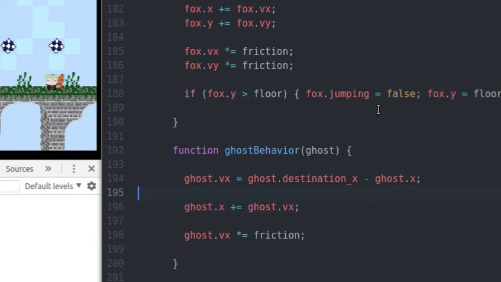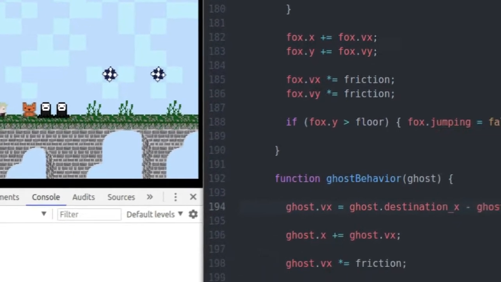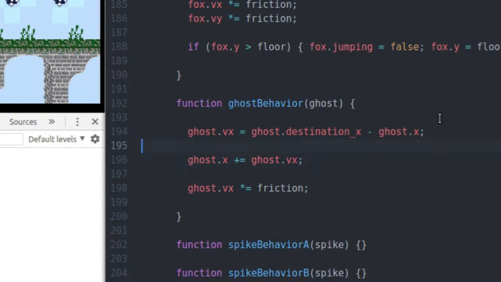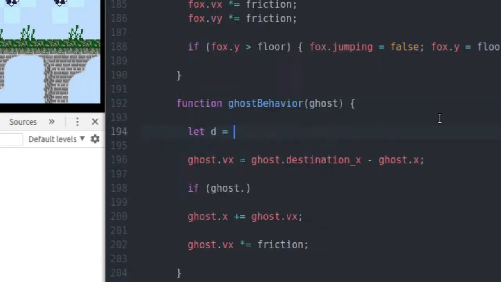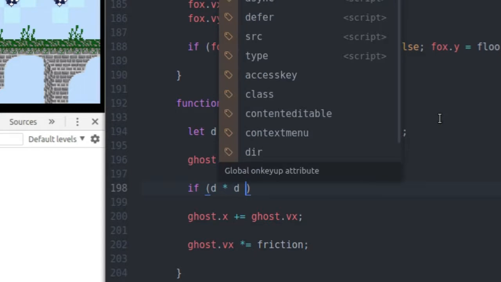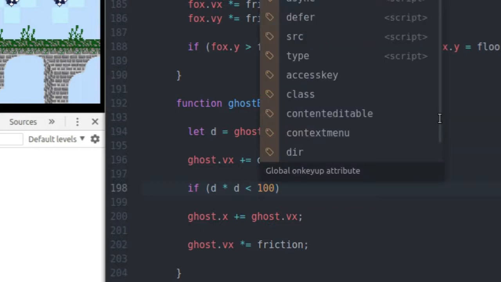So far he shouldn't do anything because destinationX is set to equal his x position when he's instantiated. So they're not actually going to do anything yet, but let's go ahead and get a distance value in here again. Let d for distance equal ghost.destinationX minus ghost.x. You can add distance times a very small amount to velocity x for the ghost. So if d times d is less than 100, which is 10 squared, so if he comes within 10 pixels of his destination, then we're going to go ahead and say